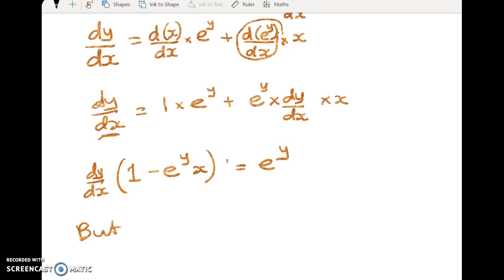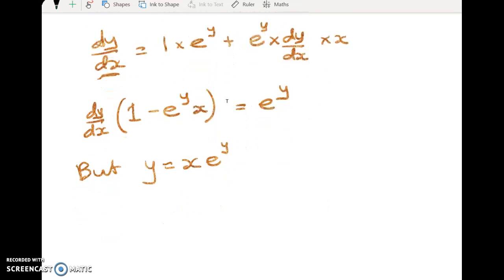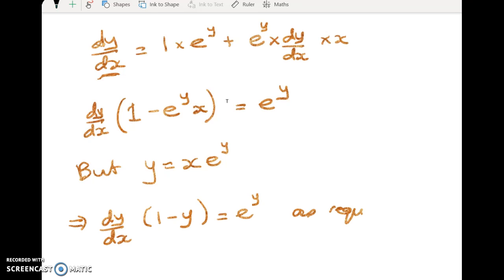But what do we know y is? Well, y is equal to x e to the y. So we're there. Right, we've got dy by dx times 1 minus y is equal to e to the y, as required. Right, so as usual, there's more than one way to do that problem, and I think by slowly